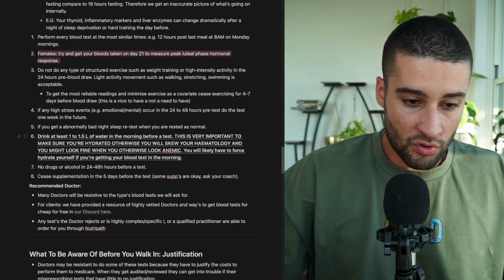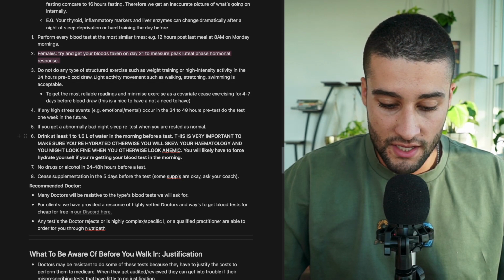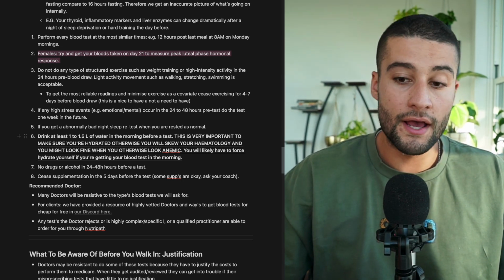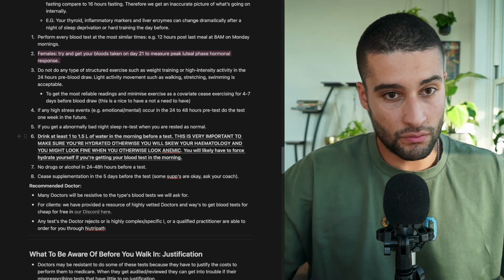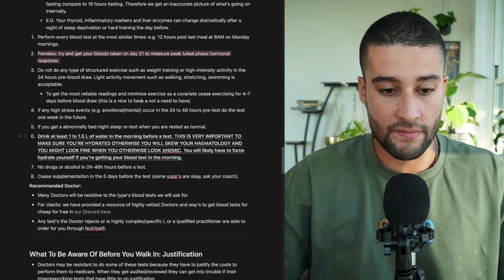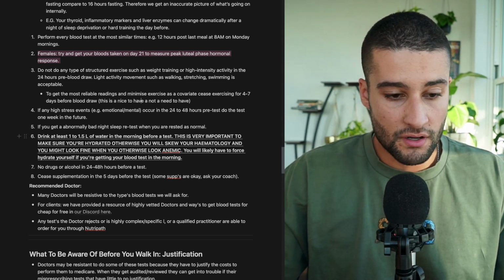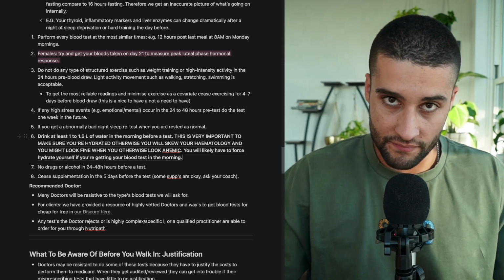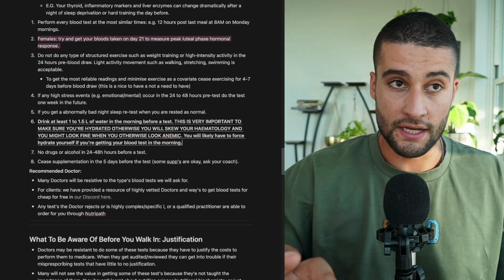Drink at least 1 to 1.5 liters. From my understanding, I haven't seen any detriments to hyperhydration coming into a blood test. You'll urinate a lot. After, just have some more salt to make sure you're bringing back some minerals into your body. Anyway, 1 to 1.5 liters of water. Make sure you're well hydrated and you're peeing near clear. Really important to make sure you don't skew your hematology in a